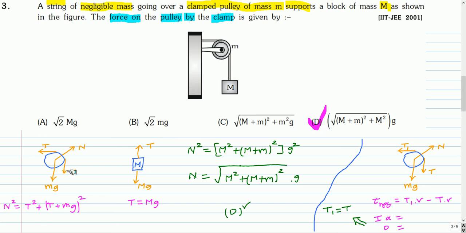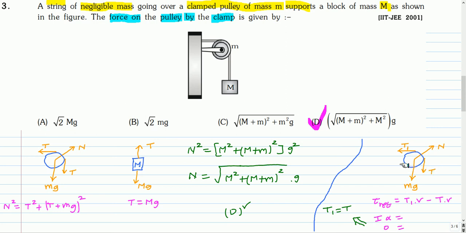Here we assume that the tension on both the sides of the pulley is the same. This is true when the pulley and the string are massless and there is no friction in the pulley. But here the pulley has got some mass, but still this assumption is valid. Let us see how. Here I have drawn the free body diagram of the pulley with a different tension T1 on the horizontal side, and I have shown all the forces acting on the pulley.